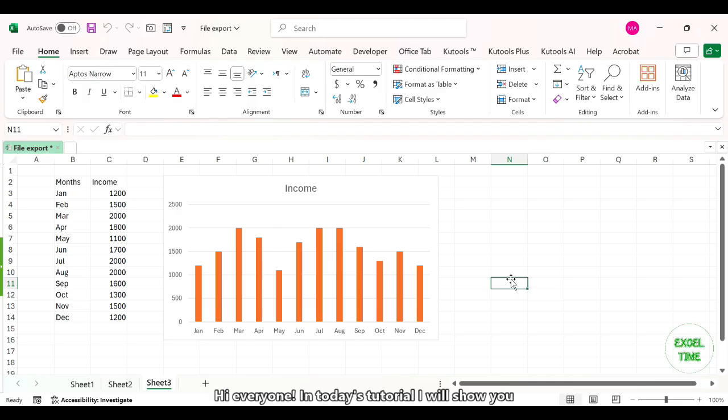Hi everyone, in today's tutorial I will show you how to copy and paste a range or chart as a picture with